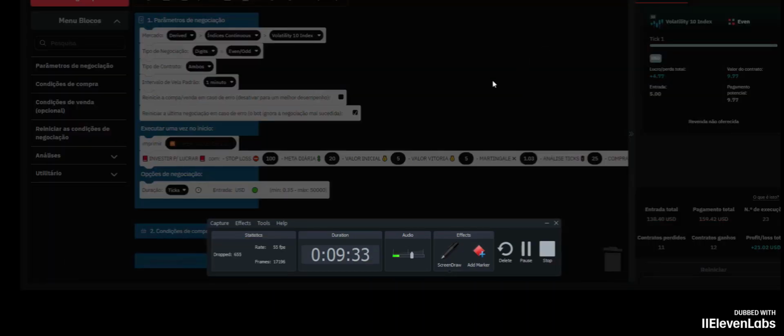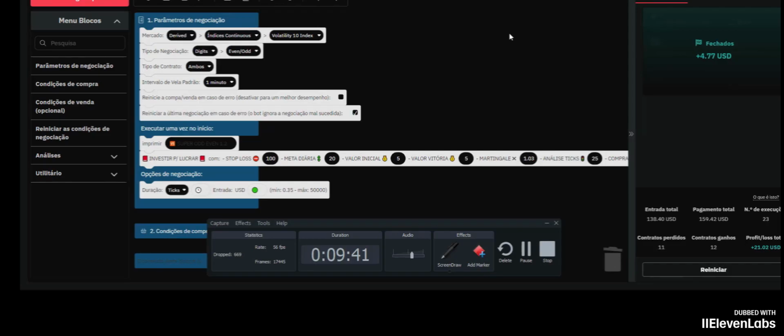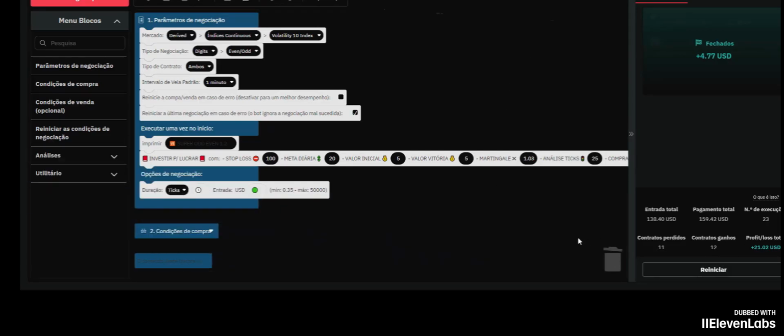Well, everyone, the bot stopped here. As I said, it stopped automatically. It looks like we've hit our target here, a total of 21.02. You can see the robot stops automatically. It was here, in that win-lose situation. But as I said, in the end, the most important thing is for us to close positive, right?